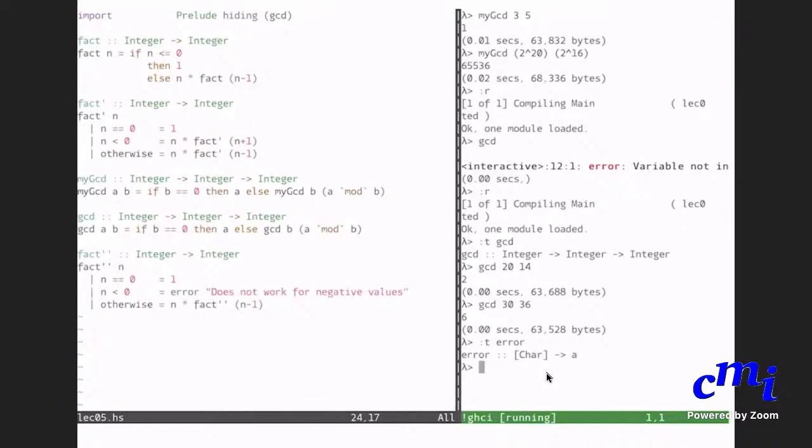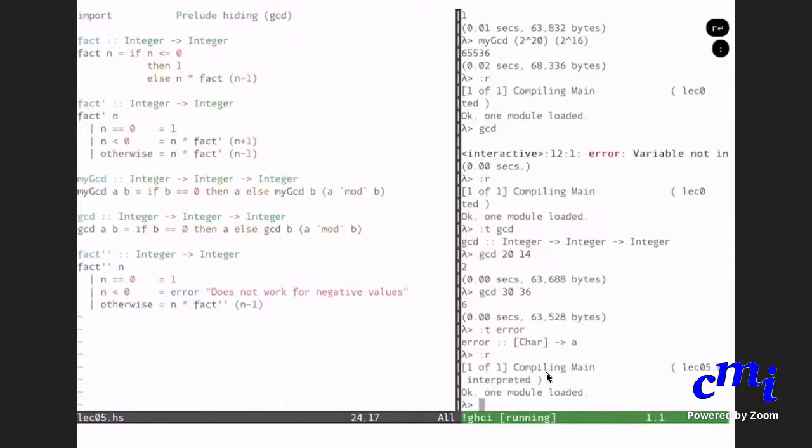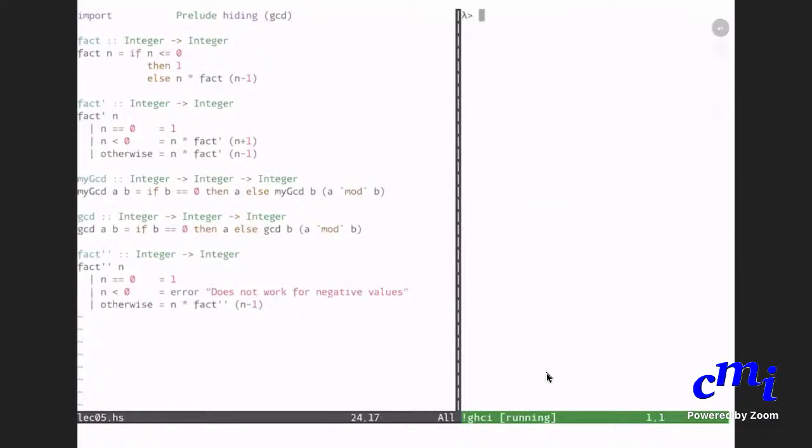Okay, this can be embedded in any program. So now let me just say fact double prime of. Now I have to reload. Clear screen so that you see.